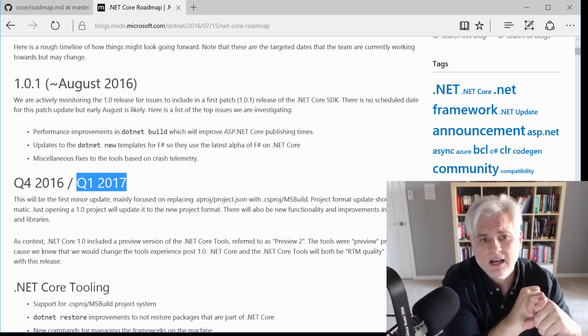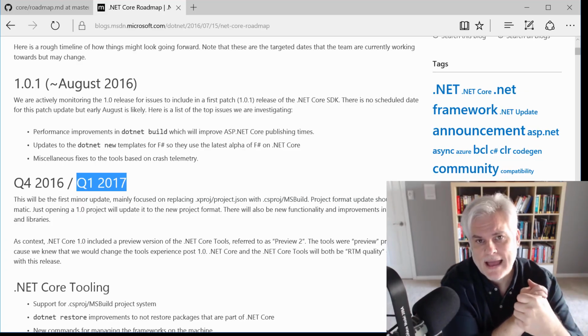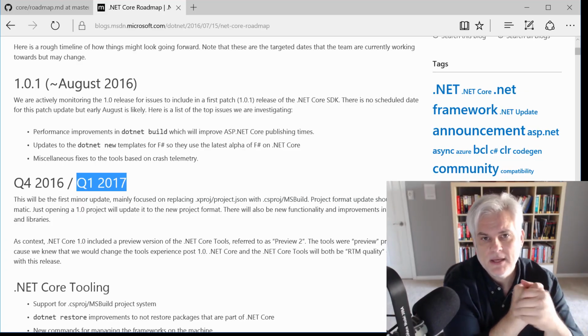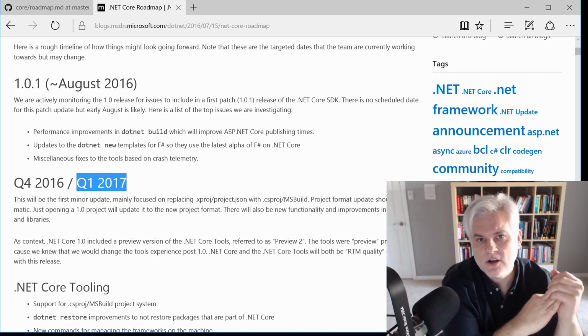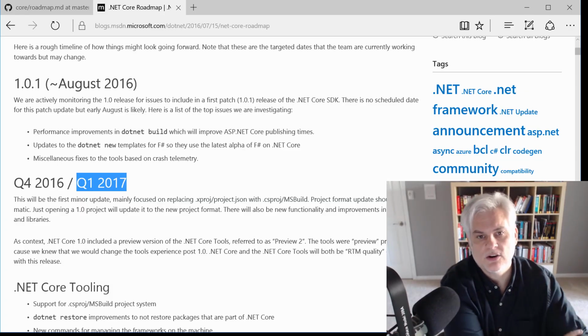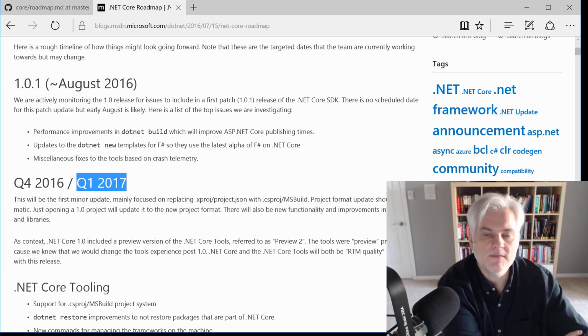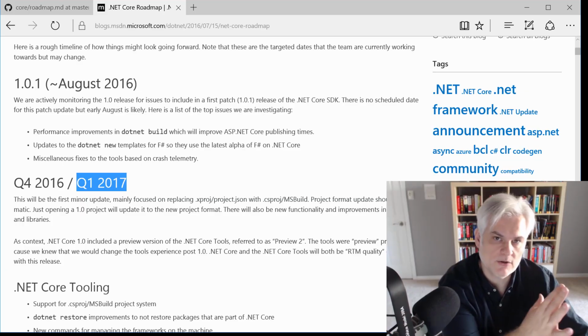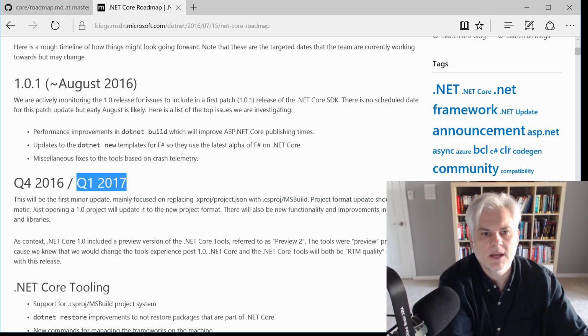They're going to target the ARM 32 and 64-bit platforms. They'll add the languages F# and VB, so you can build .NET Core applications using those languages. And they're also trying to create more support for Linux distributions outside of the ones that they started with. There will be some planned ASP.NET Core and MVC updates as well, but I'm going to address those in that particular course when we get into that.